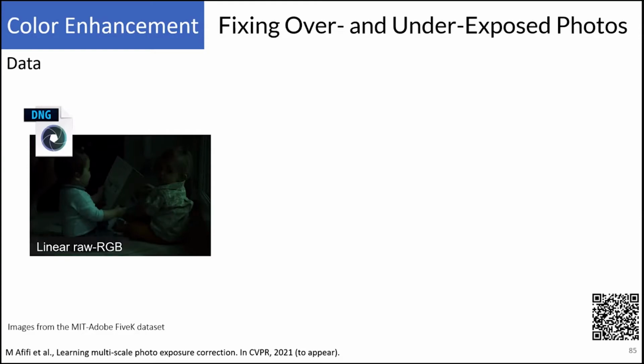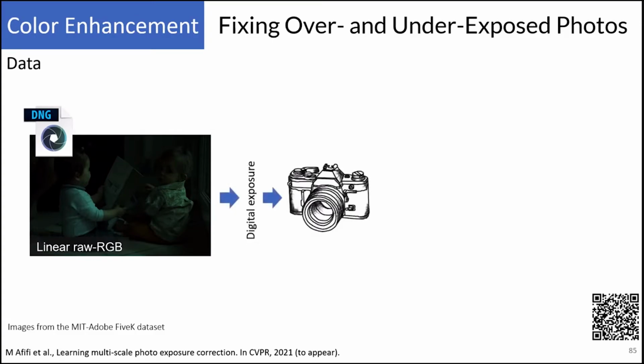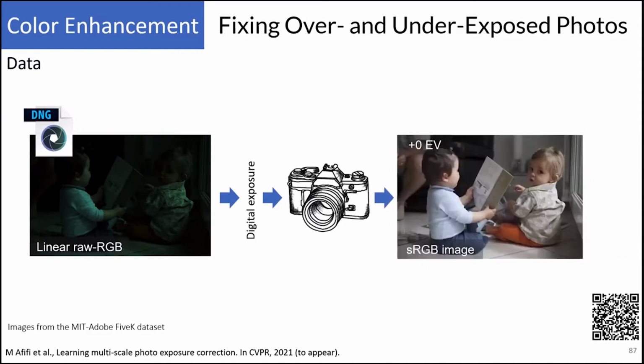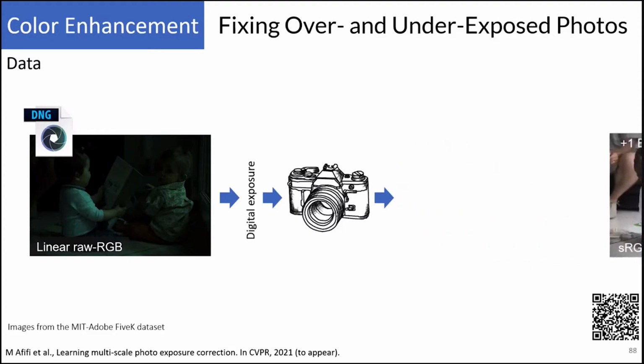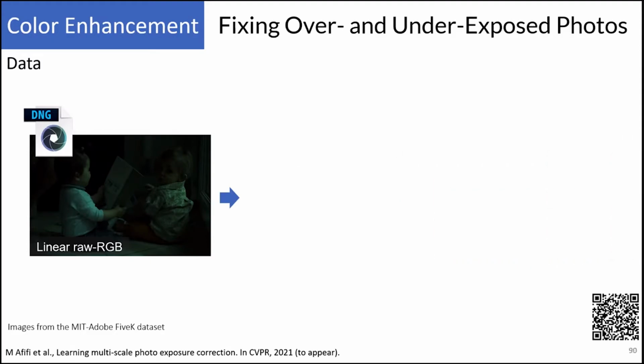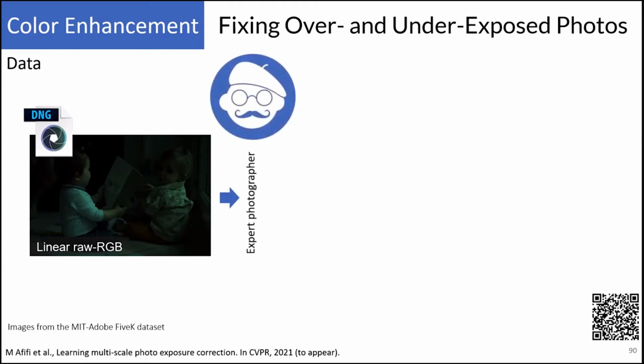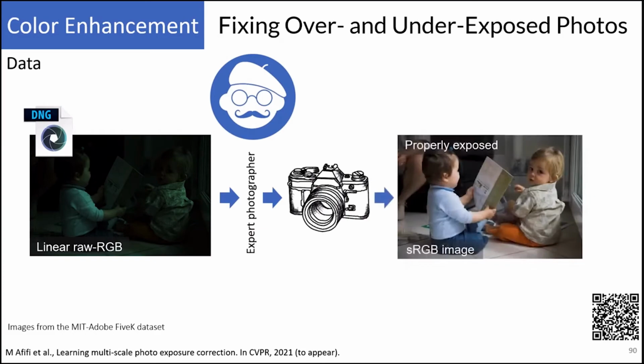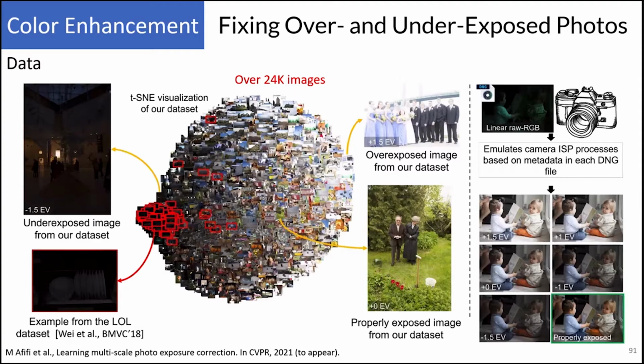So we start from the MIT Adobe 5K dataset and start with the raw images, apply some digital exposure, and go with the camera ISP emulator to get the final sRGB image, but with different exposure settings. So that gives us differently exposed sRGB images. And for each set, we also have the ground truth, which is manually rendered by an expert photographer and goes through the camera ISP emulator to produce the properly exposed image. And that gives us over 24K images, and compared with